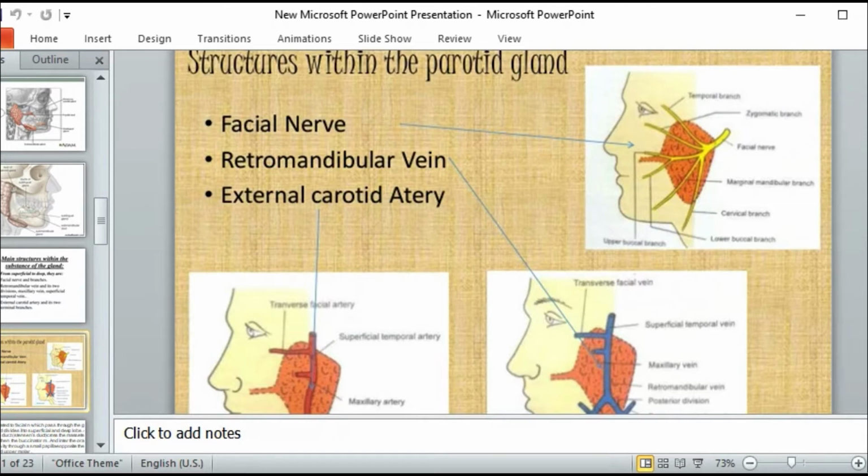First of all, the facial nerve. As I said before in the previous lectures, the facial nerve passing through the parotid gland, and in this area it's divided into five terminal branches. So any mistake here may